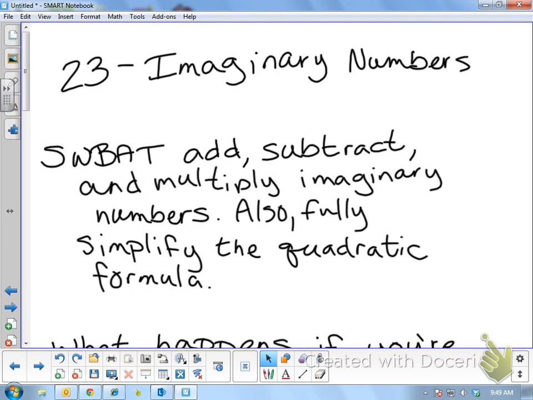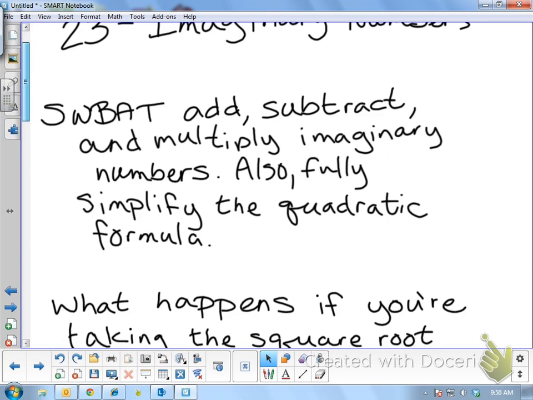So we're talking about imaginary numbers today. And imaginary numbers came up from the quadratics that we've been working with. What happened is when they were doing the quadratic formula, or when they were looking at those graphs, we know graphically the solution is where we cross the x-axis. And we saw a situation where we didn't hit the x-axis at all. Or, if we do the quadratic formula, what if under the square root piece,